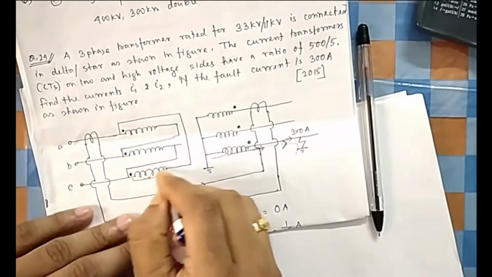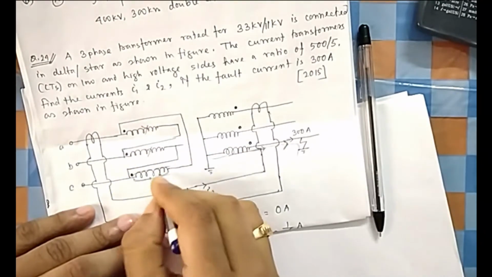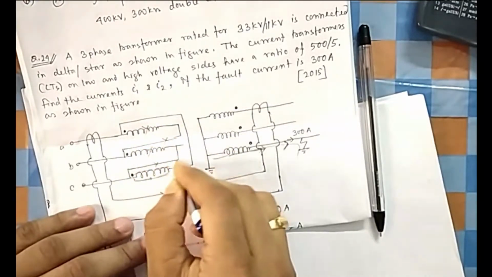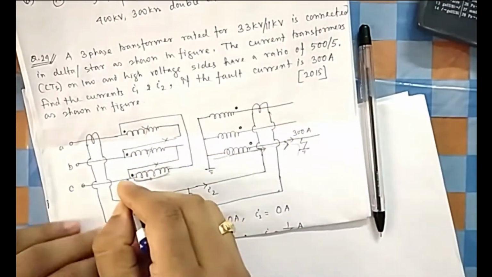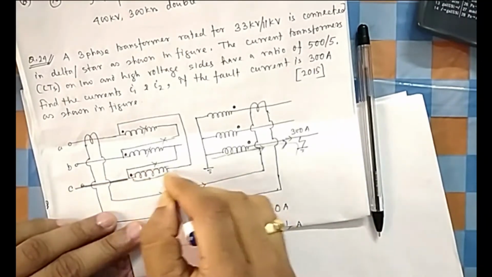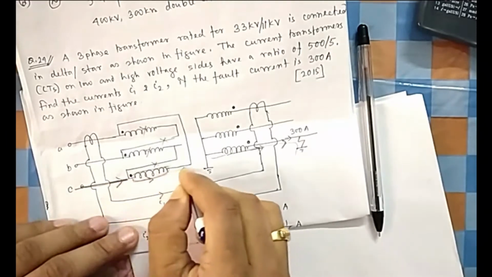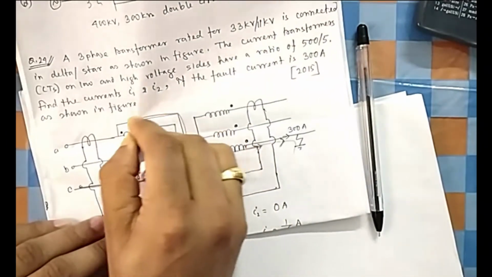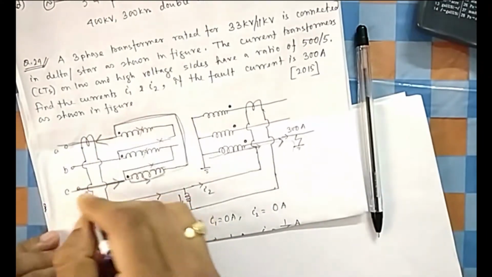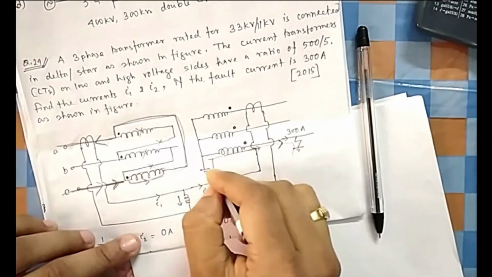So if this is increased, this one will be increased, but these two will not get affected. Once this is increased, this line will not be affected because there is no load on this phase. So obviously this current will increase. How will this current flow? This is flowing. So this extra current will flow through this, and it will flow through this. It cannot enter here because here it should not change. So this is the extra current circuit for the corresponding phase, and here it is through ground.